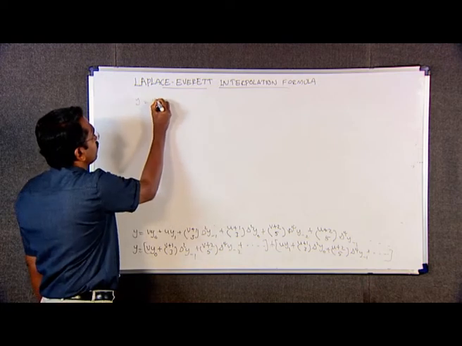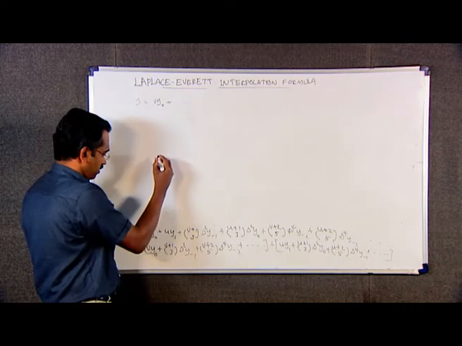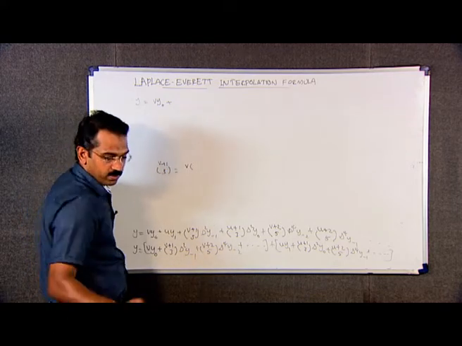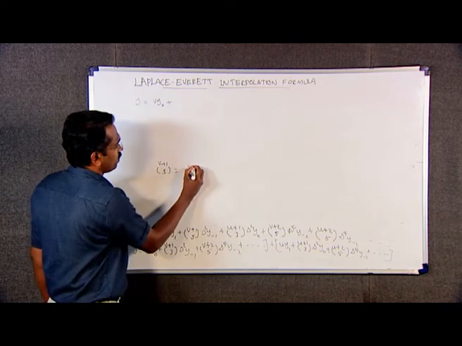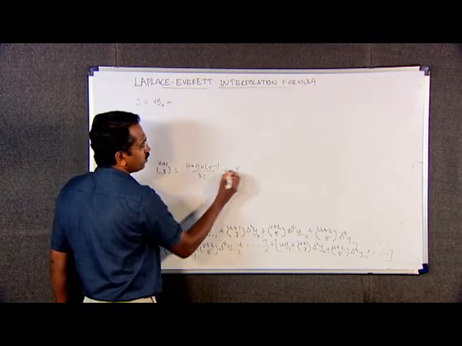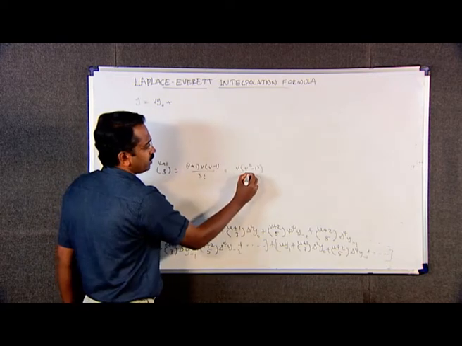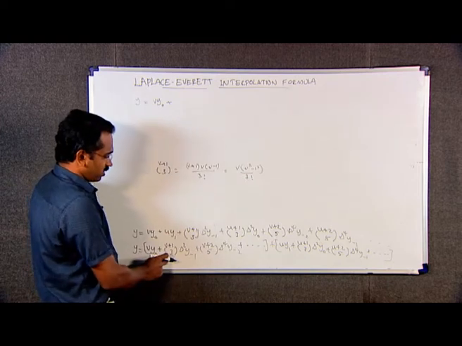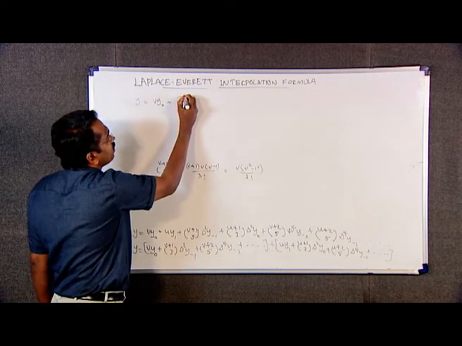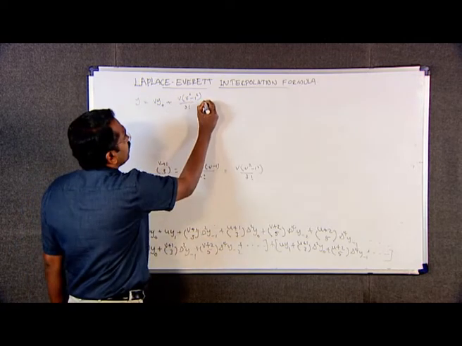v into y naught plus (v plus 1) C3, which is equal to v into (v plus 1) into (v minus 1) divided by 3 factorial, which is equal to v into (v square minus 1 square) divided by 3 factorial. Therefore, (v plus 1) C3 into delta square y minus 1 is v into (v square minus 1 square) divided by 3 factorial into delta square y minus 1